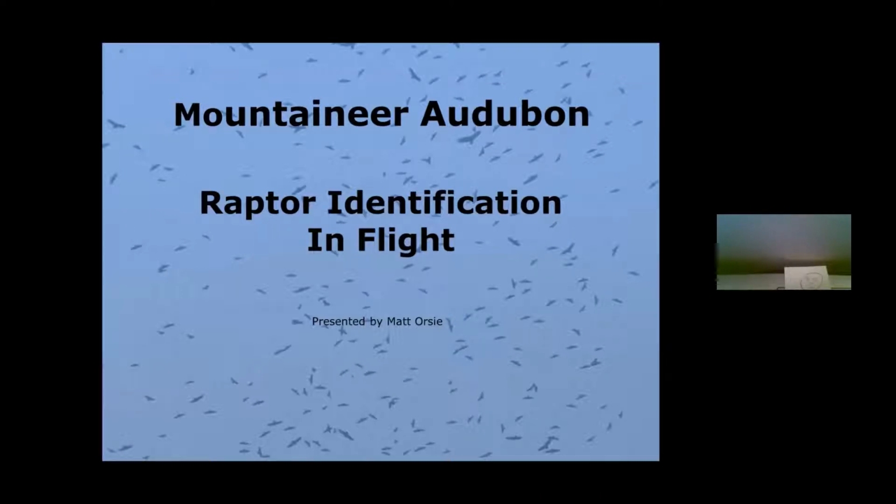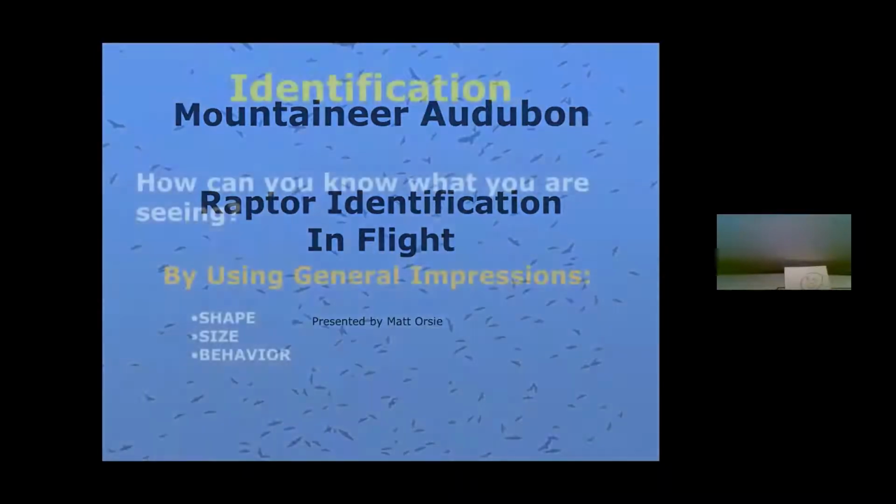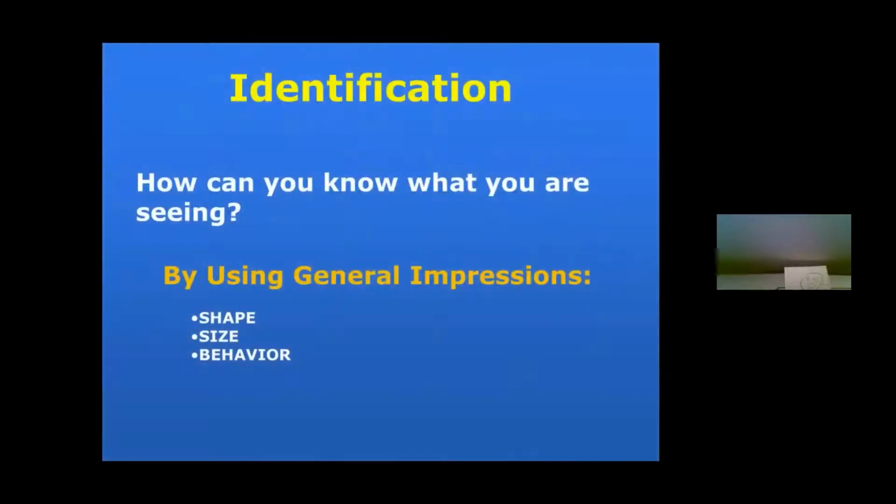And so this is sort of an overview of things I've picked up and things that are the baseline things. Hopefully you might learn something new today that helps you identify a raptor in flight and sitting. Because sometimes you only get a few seconds of a look as they go zooming by and you go, what was that? And you think you know what it is, but you're not sure. So maybe this will give you a little bit more of a handle. And did the screen advance for y'all? I hope it did.